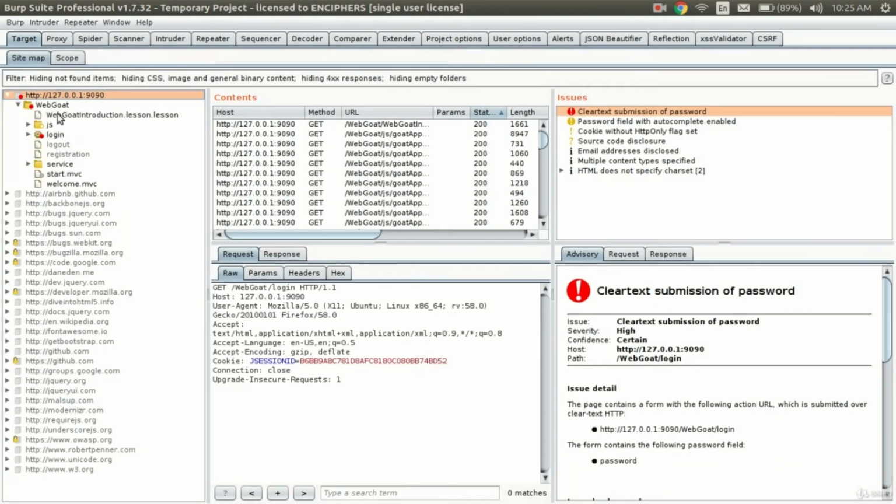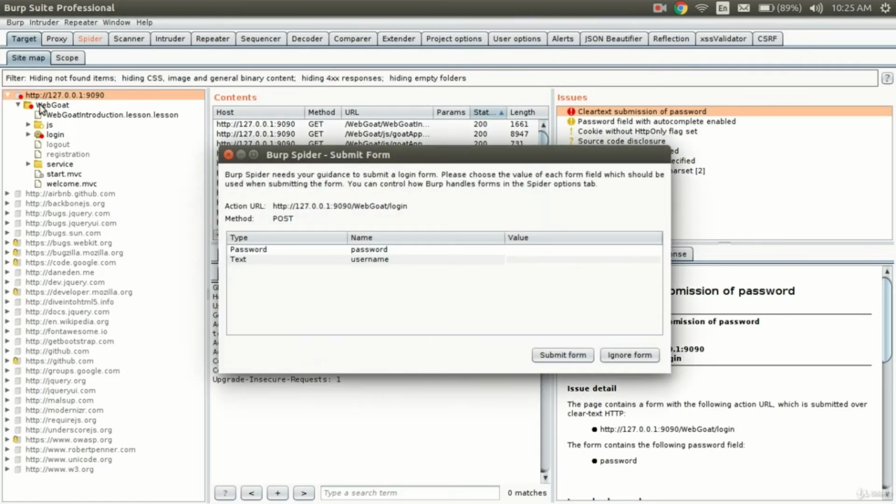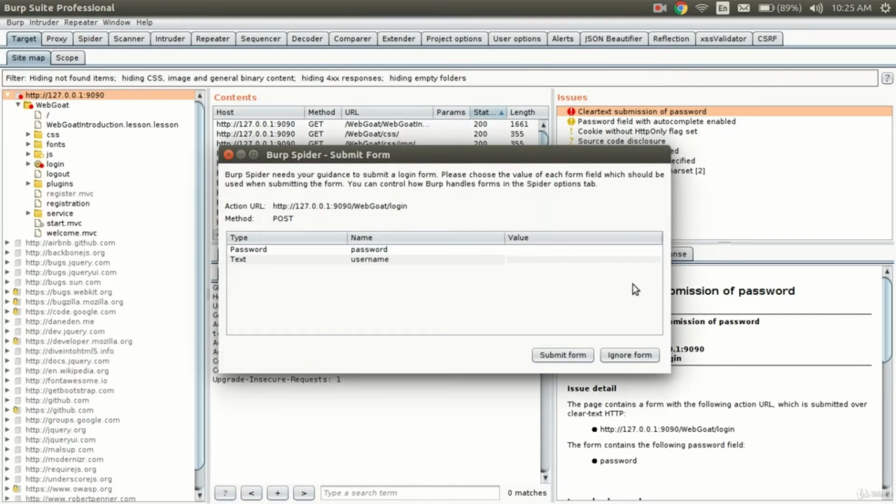This was our main target, our in-scope target. Now if you just right click, see, it has already been added in scope. If you click spider this host, just keep a keen look on the left hand side. See, this is increasing. The plugins which were not there earlier came up, and this is the Burp spider feature of submitting different forms.